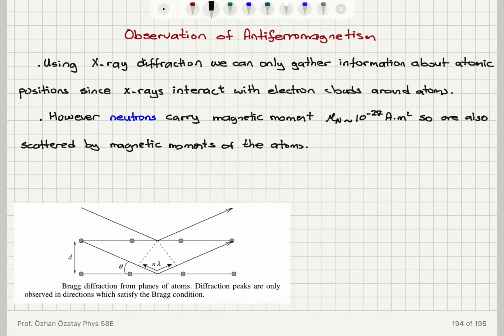Now, the principle of diffraction is based on Bragg diffraction. And in Bragg diffraction, we have parallel planes of atoms, atomic planes. So these atomic planes are interacting with the incoming X-rays, and due to the interaction with the electron clouds, given that the distance between two adjacent atomic planes is d, if we drop a perpendicular to